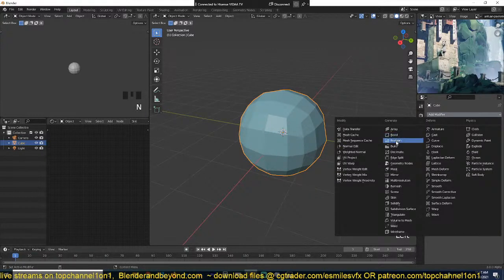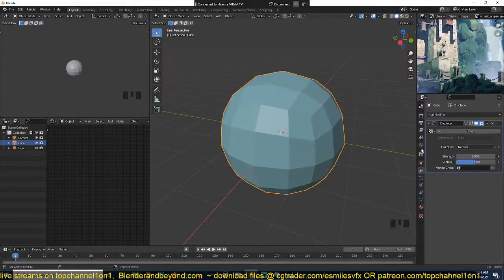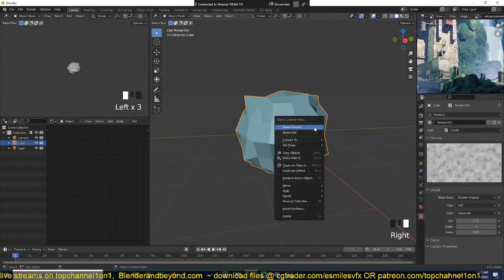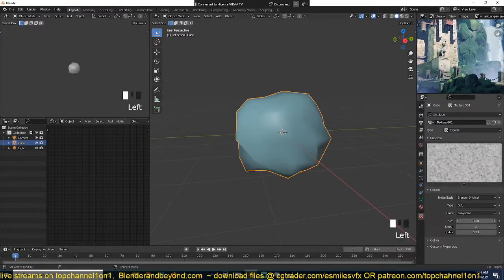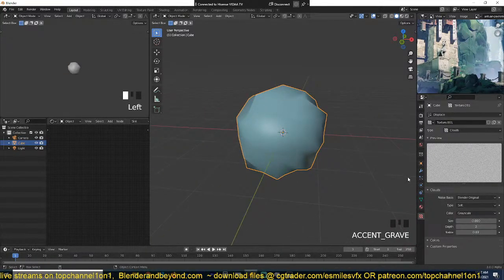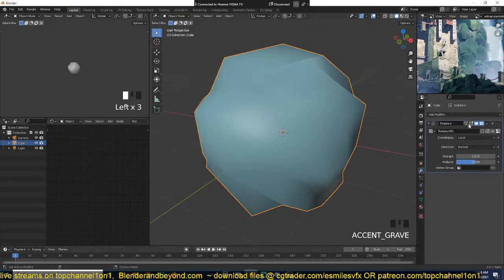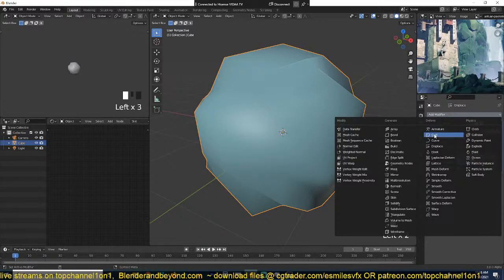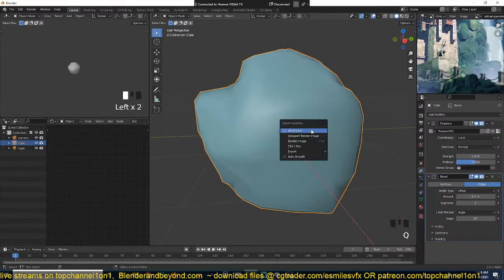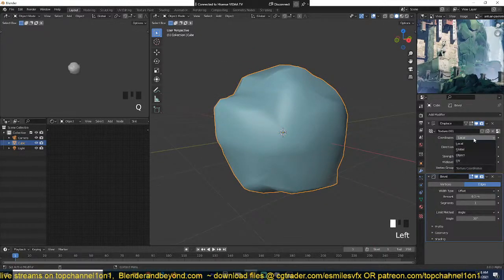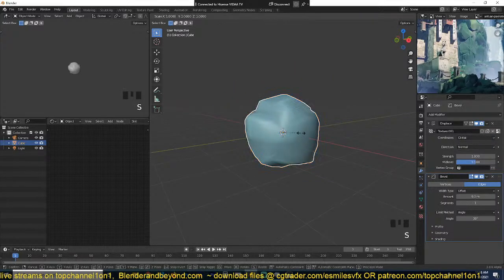I can give this a displacement modifier, displacement modifier like that, and clouds texture like that. I want the clouds to be a bit larger like that, and you can even turn on cavity. It highlights the edges a bit. We can add a bevel to round off the corner, and if I go to wireframe, you can see how the bevel is working. So I'm also going to change the coordinates to global, and now if I scale this,